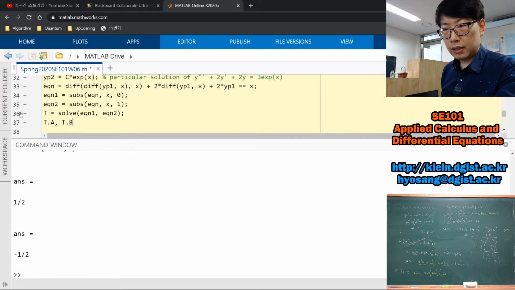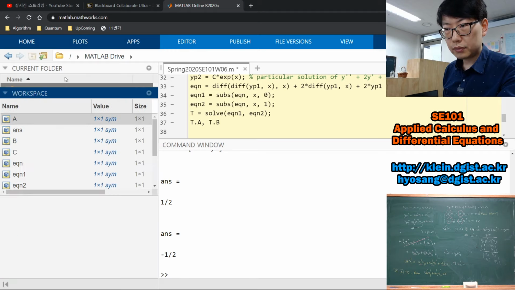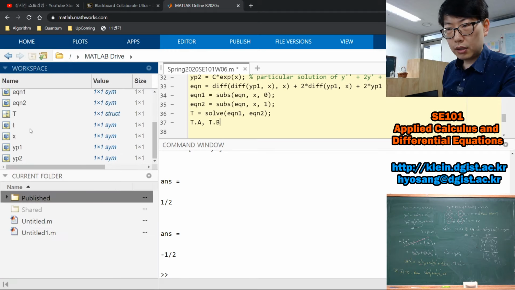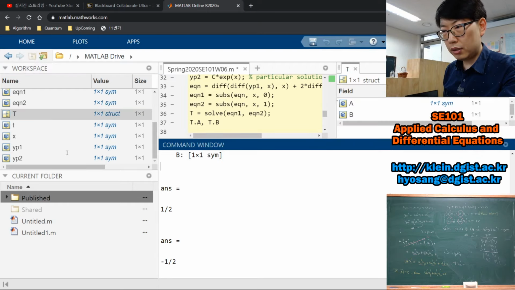When you look at the workspace here, t is a 1 by 1 struct. If you double click your t,